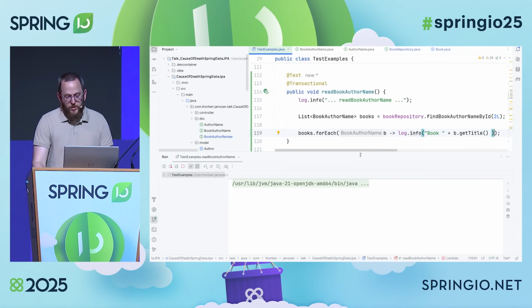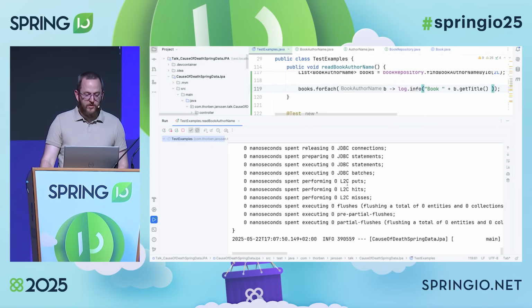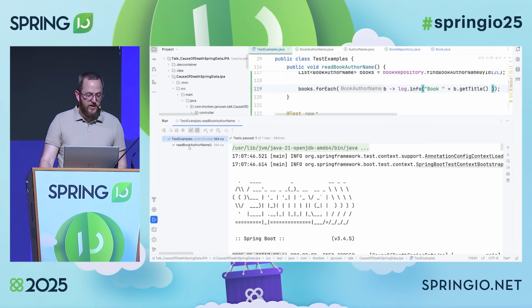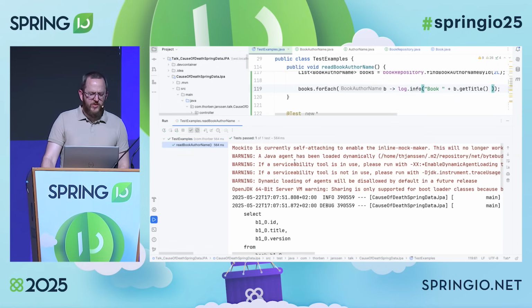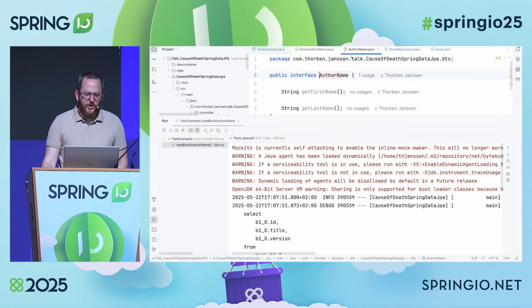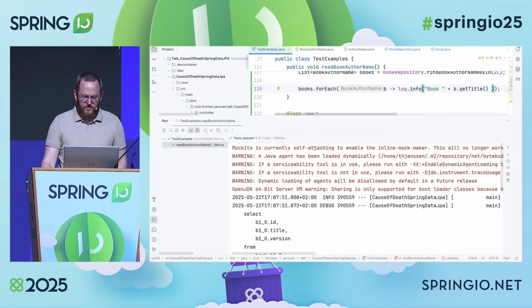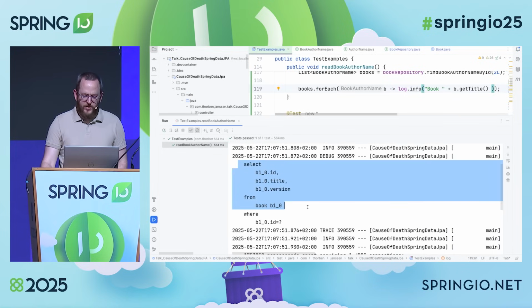So if we now run the same query with the more complex projection that contains actually a list, we would expect that we see the same as before, right? We would expect we have a query that selects the title of the book and maybe the names of the authors, but just first name and last name, because these are the only things we need for the author name interface here. Well, unfortunately not. What we have here is we now have a query that fetches the entire book entity from the database.